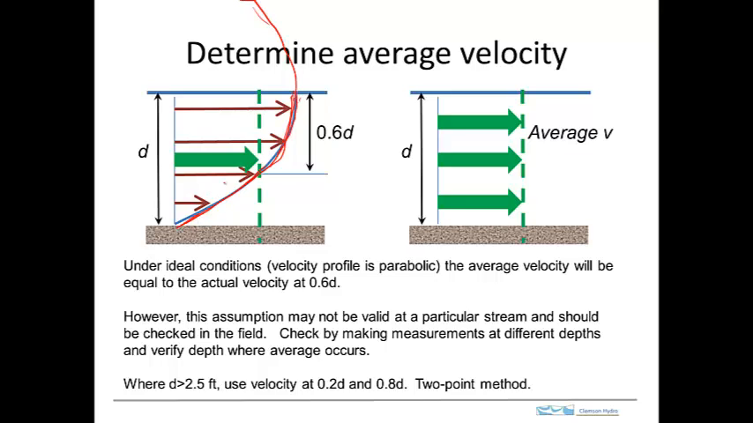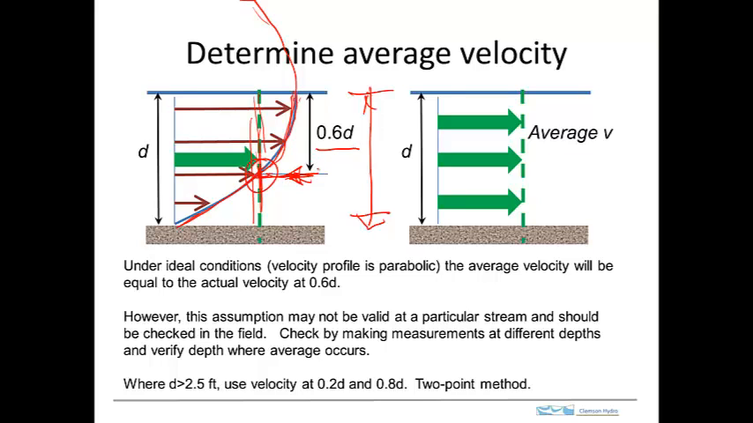Okay, and so if it's parabolic, then you can get the characteristics of a parabola, and from that you can determine that the average velocity, right there, that green arrow, that's the average velocity over this entire depth. And that average velocity is equal to the true velocity at a depth of 60% of the total depth. So if you measure the total depth and you take 60% of that and you measure the velocity right at that depth, that equals the average velocity,